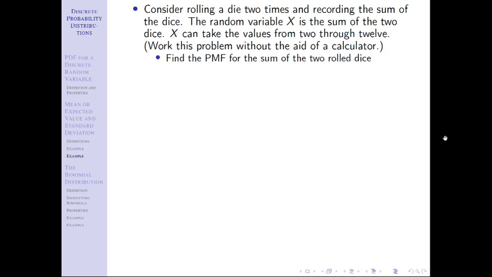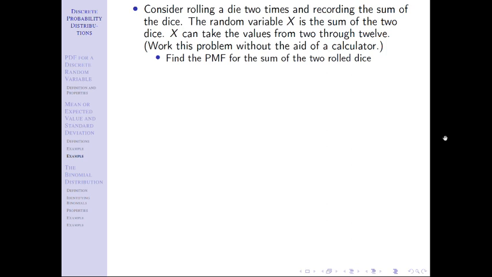You can get a 9. We can get a 5, 4, 4, 5, 3, 6, 6, 3. There's 4. For 10, you can get 5, 5, 6, 4, 4, 6. For an 11, there's 2 ways. It's 6, 5, 5, 6. And then for a 12, there's 1 way. That's 2 6s. This is a symmetric distribution, which is kind of neat.